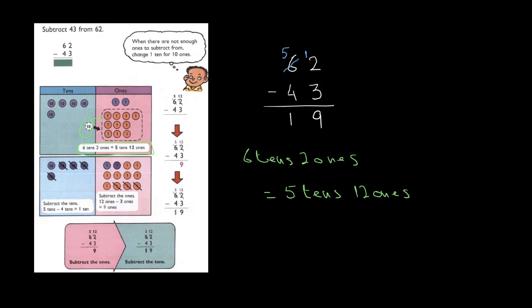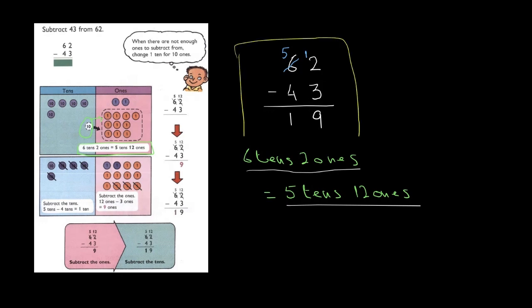But it's very important to understand what we are doing, and how we are breaking up the 6 tens and 2 ones into 5 tens and 12 ones, and this should be repeated over and over again with pictures and showing how pictures correspond to the more abstract way of writing the same thing down, so that it is absolutely clear that there's no mystery behind the correctness of this algorithm. Okay,